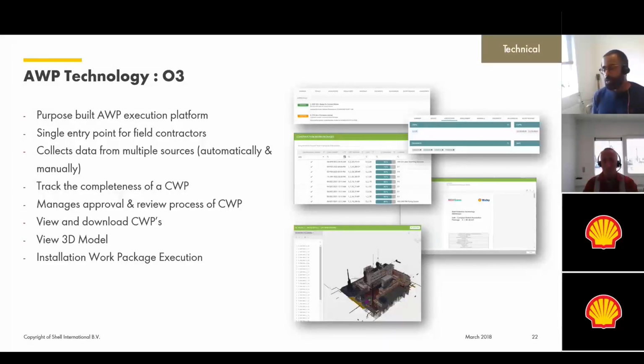And lastly, we're using O3 for delivering the 3D model, which you can see a nice picture of at the bottom of the images. Now, delivering these capabilities at such an early stage of the project has really put us in a great position for the management and control of documents during construction. The next big milestone for O3 on the Red to Green project is related to material availability and the creation of field installation work packages for piping, which will be available later this year.